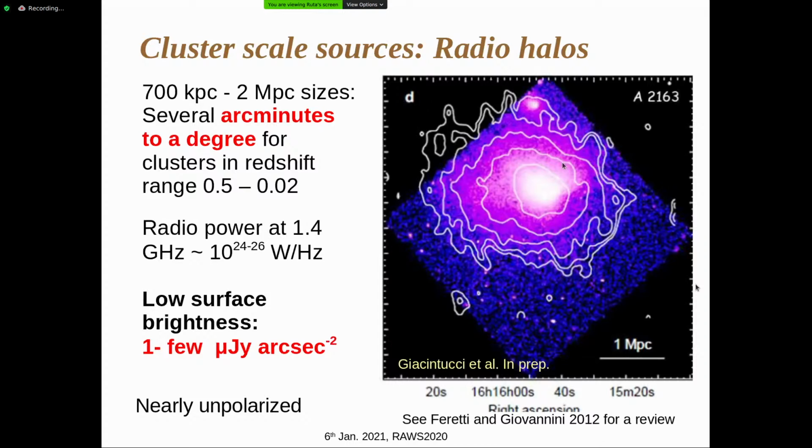So there are this weak magnetic field and relativistic electrons in the intracluster medium, which are making this source called a radio halo. These are sources of very large sizes. They can even be a couple of megaparsecs, a few megaparsecs in some cases. Like this one is one of the largest radio halos known.